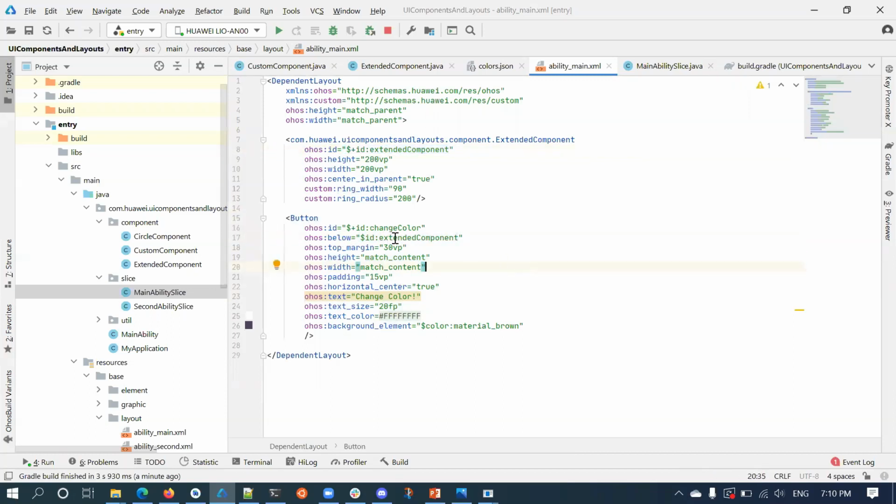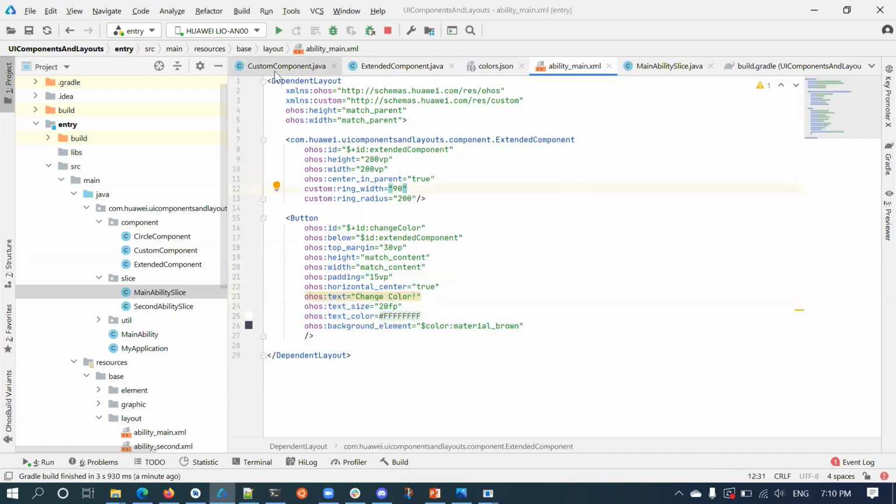This button lies below this custom component, extended component. It should be 30 margin below that component. Height should be the height and width will match the change color text, will match the size of this change color. And I have defined some custom text attributes. Finally, I have given some background.